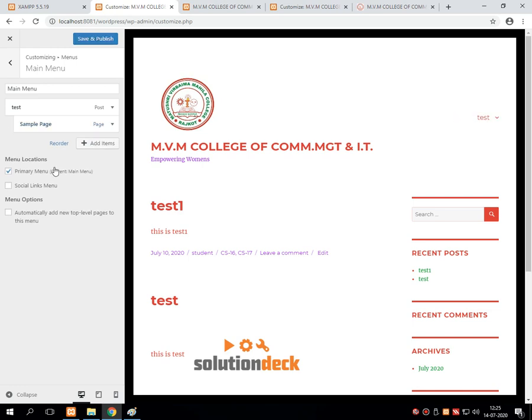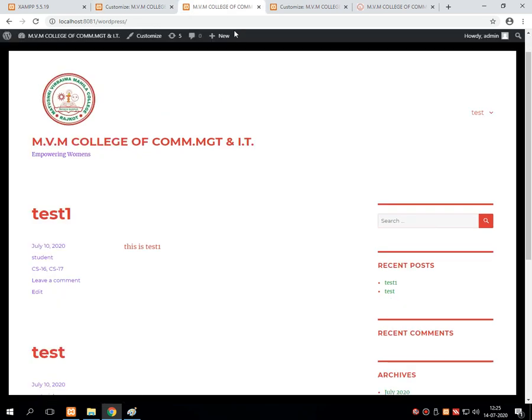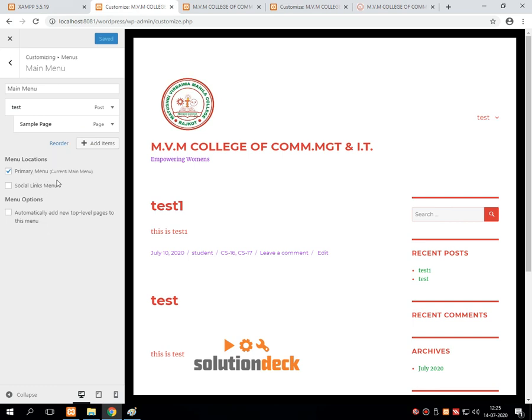Just shift it to the right hand side, press save and publish. It will display the menu as a drop down menu. So this is the functionality of the main menu option in WordPress, which is available on the dashboard.